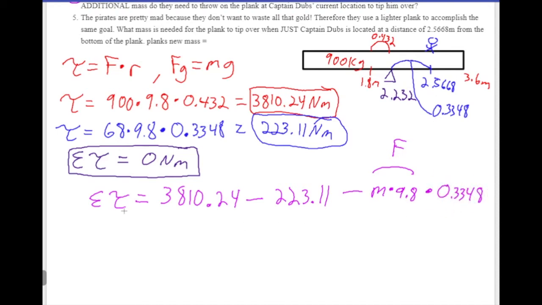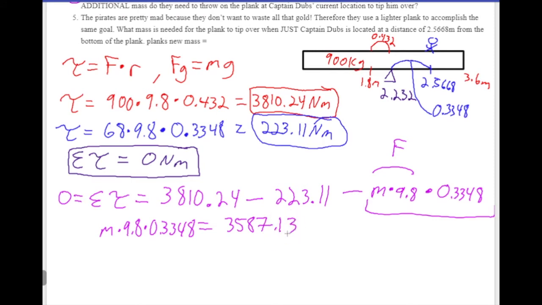0.3348. And we know that if it wants to tip over, the net torque basically has to be slightly greater than 0, or we can just argue 0, and if a big gust of wind comes over, then it will tip over one way. So I'm going to say that this is really just equal to 0. So if we add this over to the other side, we get mass times 9.8 times 0.3348 is equal to 3810 minus 223, which is